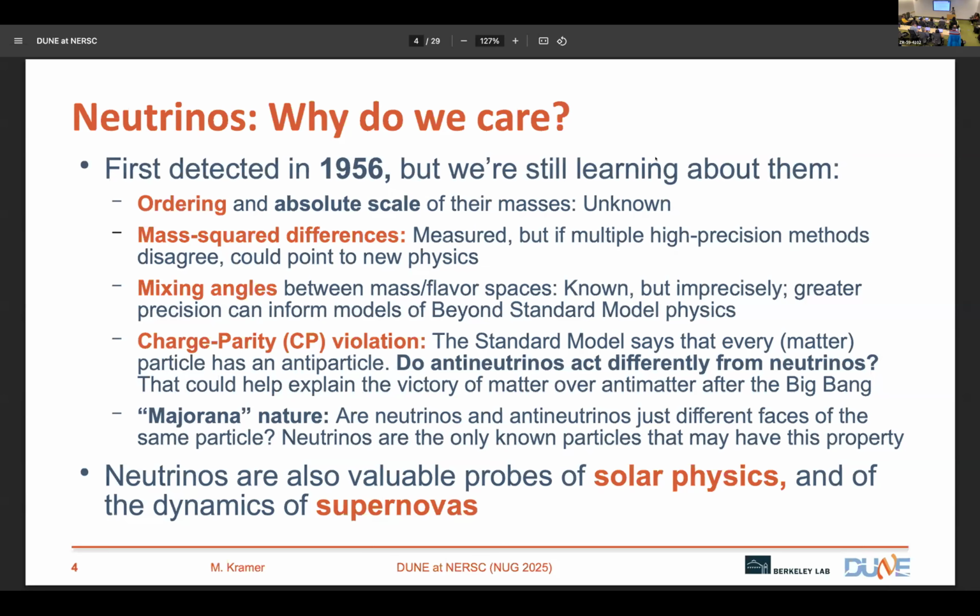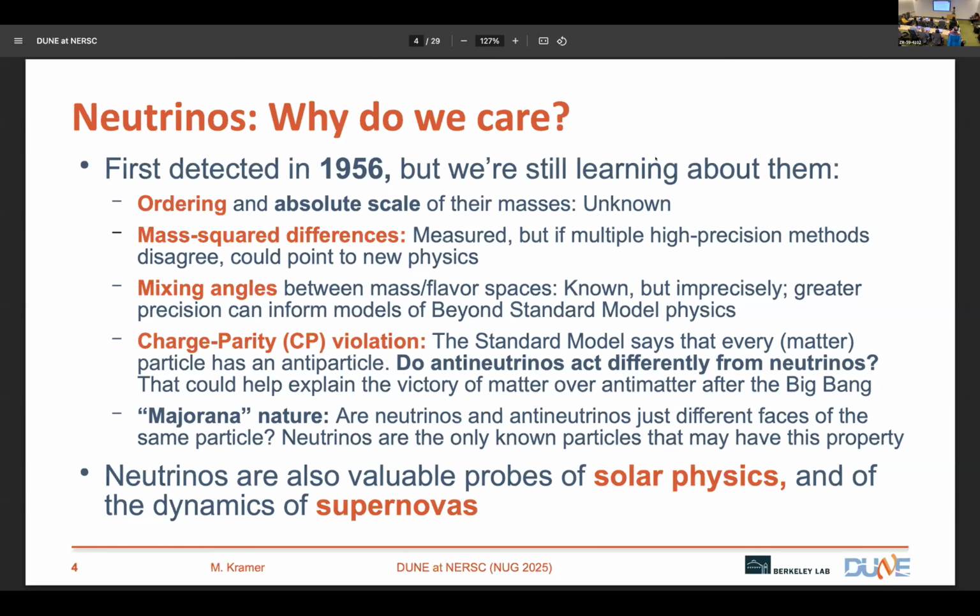We know that quarks do that a little bit, but not a whole lot. And the imbalance that we see in quarks is not enough to explain why in the Big Bang we got more matter than antimatter. Neutrinos could help answer that. So that's one of the things that DUNE is mainly looking for, this CP violation phenomenon. And it turns out it's really hard to measure, which is why we need to build an experiment like DUNE.